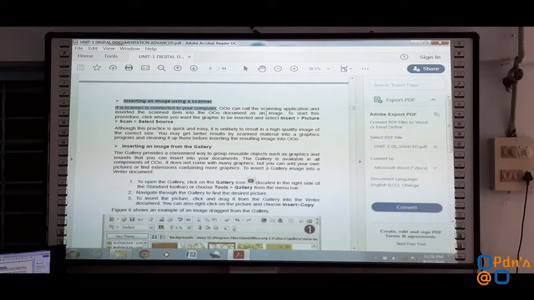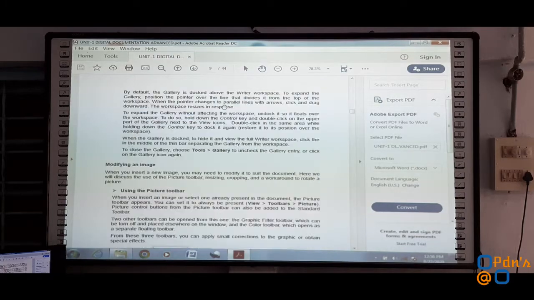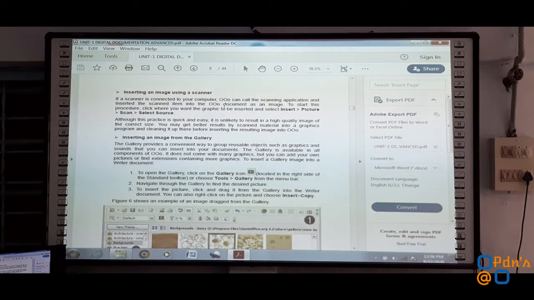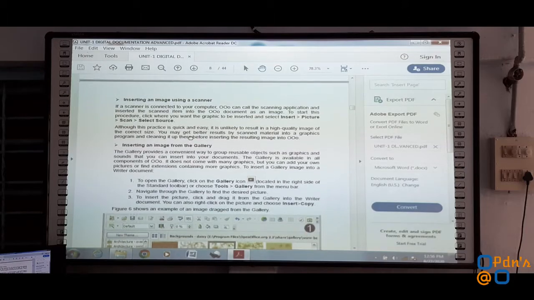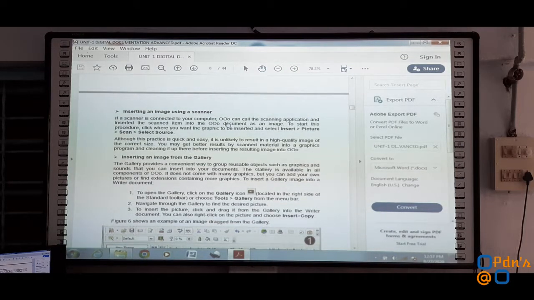In order to do so, the OpenOffice document will give an instruction to the scanning application, which will insert the scanned item onto the OOo document.